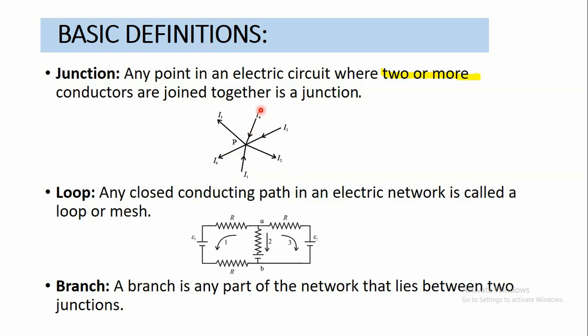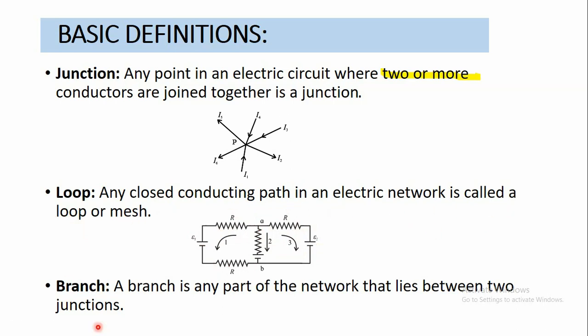Now you see this circuit, this is open, no, wires are not joined at the other end. At one end they are joined, at the other end I don't know whether it is joined or not. But if you see this circuit, it starts from here and it ends at here where it is started. So I can say that this is a closed circuit. Similarly this is a closed circuit, and this overall circuit is also closed. So this is our loop. This is the first loop, this is the second loop, and this big one can be called as the third loop, and loop is also called as mesh. So when you see loop or mesh, it means any closed conducting path in an electrical network.